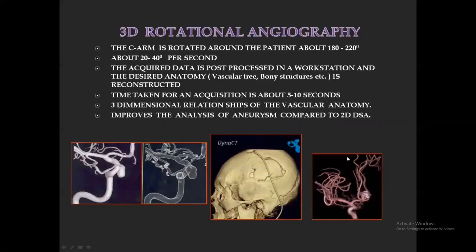Now finally, what are the recent advances in DSA systems? Nowadays in DSA, we can do 3D rotational angiography, so that we can make 3D projections. We can get volume rendered images or hollow vessel-like images, in which we can rotate the image and see exactly the orientation of the pathology, like aneurysms or AVMs or whatever. Then bone reconstruction, or the relative position of the bones with the blood vessels, such things are helpful in surgical procedures also.